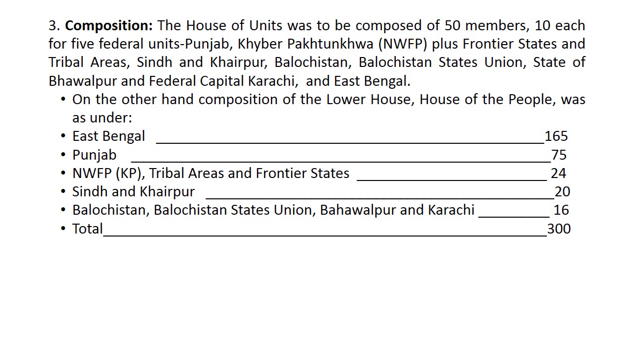On the other hand, the lower house, the house of the people, that was to be composed of 300 members. And the composition was, as you can see, East Bengal 165 members. Okay, یہاں ان کی چونکہ آبادی زیادہ تھی تو لوور ہاؤس میں